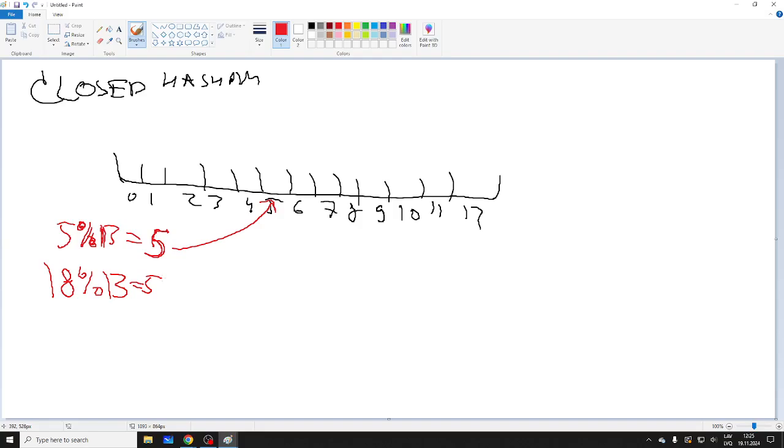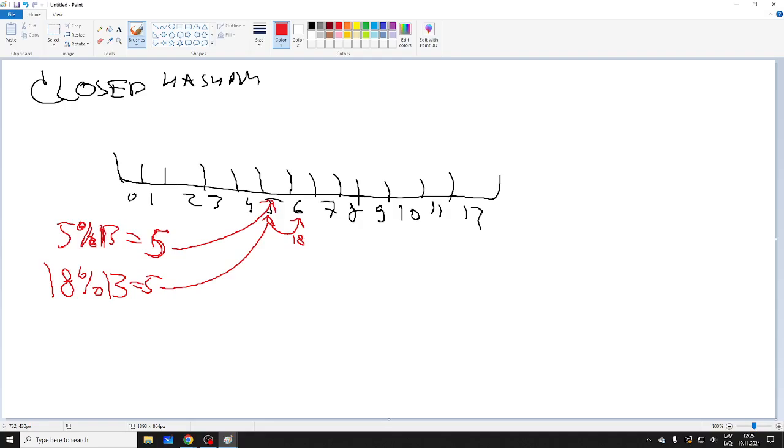So, previously, what did we do? We put it in place. So here what we do is very interesting, right? We have a collision. We find the next spot. There are multiple approaches, as we'll see, but the easiest approach is basically to look for the next available spot. We take the 6th place. It seems kind of counterintuitive, maybe. Why are we taking 6th place? Well, it's open, nobody's using it, why not use it? It's storing this key 18, right?